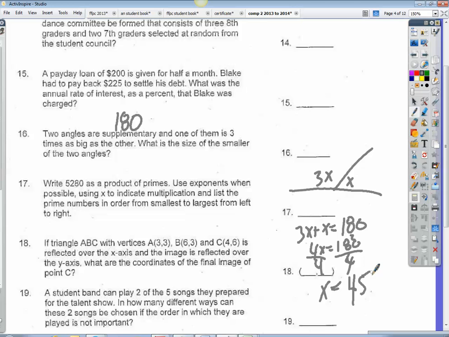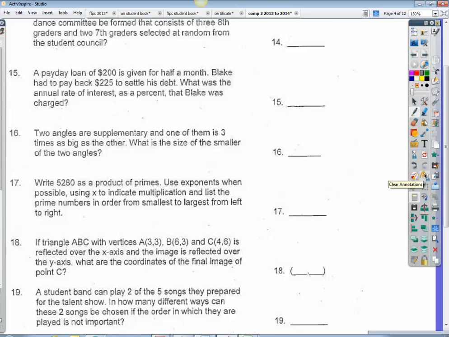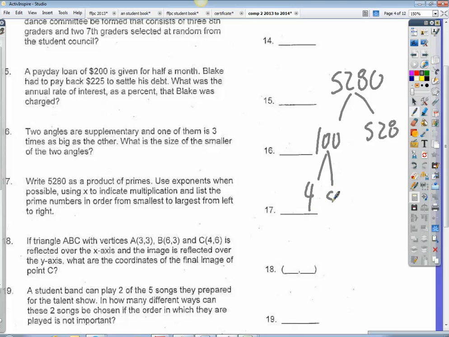Write 5,280 as a product of primes. Okay, prime factorization, everyone should be able to get this. Let's do 15280. So this is 4 times 25. This is 2 squared. This is 5 squared, right? So then,